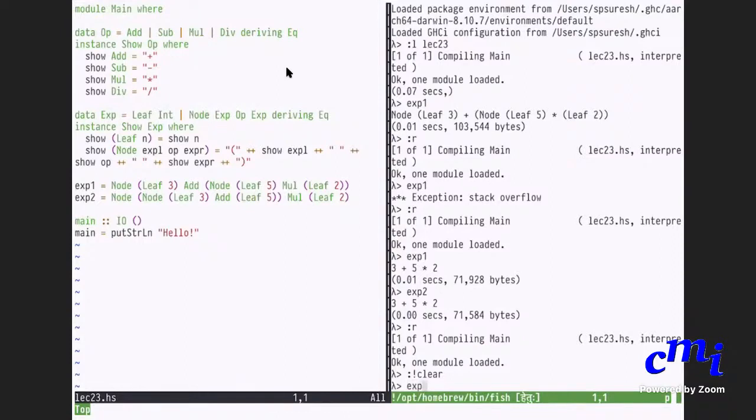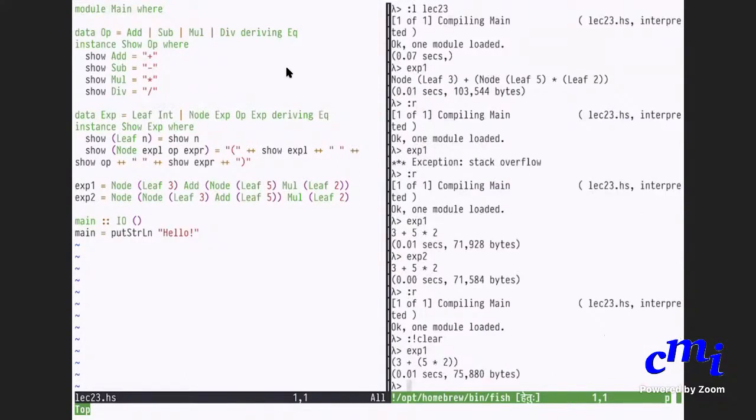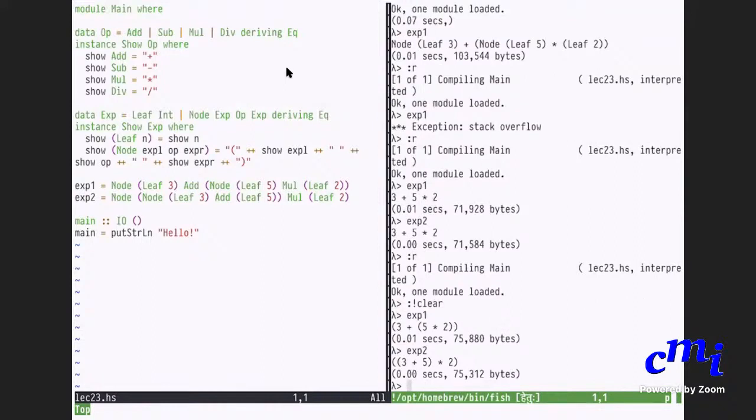Yes. So now if I print, you are able to see it, right? Clearly. Expression 1 is, see now, 3 plus 5 times 2, where 5 times 2 is bracketed. Expression 2, when you try to print it out, will put parentheses around 3 plus 5 and then do the star 2. Is it clear?